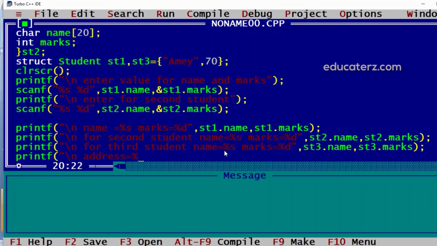This is an address, so %u we have to use, and here again %u. Now we'll have ampersand of st3.name and ampersand of st3.marks.